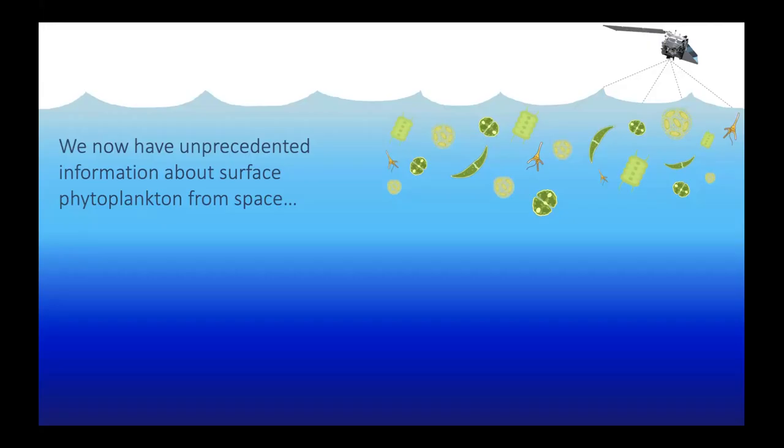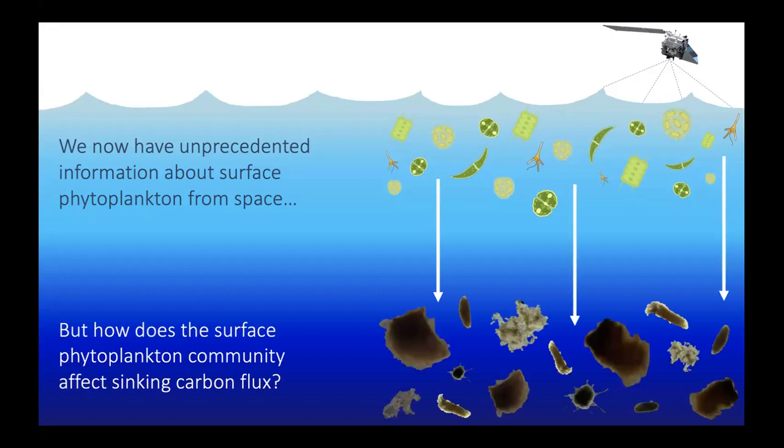But we have to try to find ways to think about how those surface ocean phytoplankton groups might link to what's going on below the surface, beyond where a satellite can see, and specifically how that relates to the sinking carbon flux that we can observe in situ. So the work I'm going to be talking to you about most in depth today is this piece of it. How do we go from surface ocean phytoplankton groups to sinking carbon flux? And is there anything predictive that we can say from these pigment-based surface ocean phytoplankton groups that we can observe with PACE and use that information to tell us about the amount of carbon that's sinking